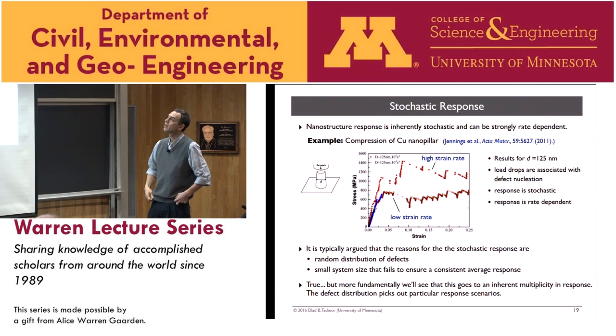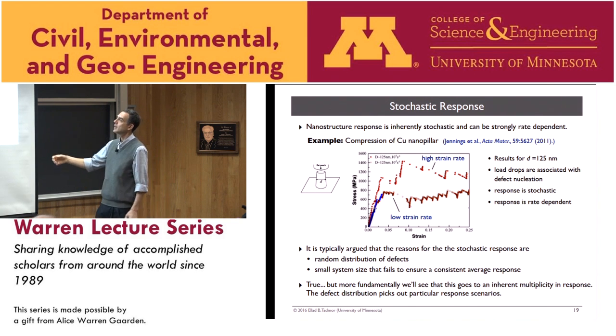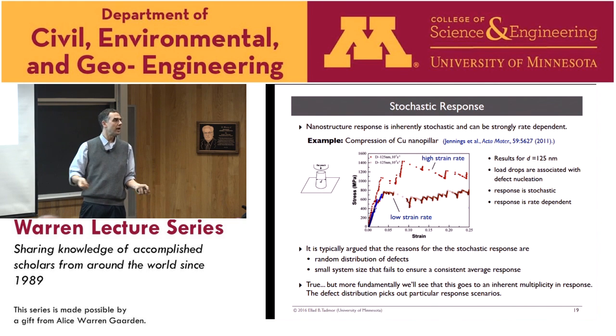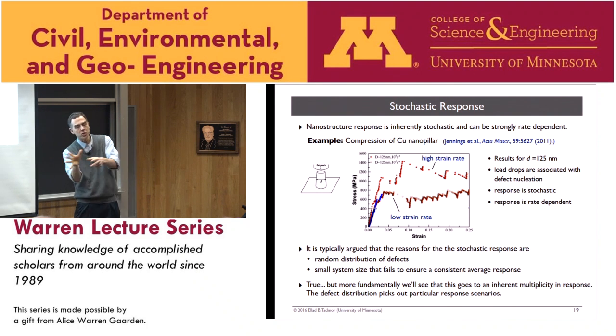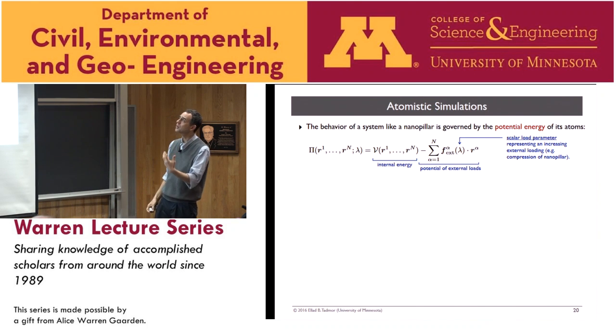But there's also a more fundamental reason for the stochastic behavior. It's not just that there are more defects, but that it wouldn't make much difference if there weren't a lot of options for the system. If the system could only do one thing, the defects wouldn't make that much of a difference. But the fact is that the system has a huge number of possible behaviors. And the defects that you have in it push it into one set of behaviors as opposed to another one. And so you can understand that from thinking about the potential energy landscape of the system. And so let's go back and define what that is exactly.